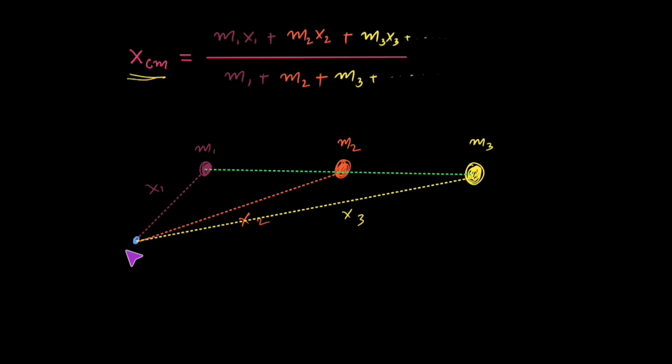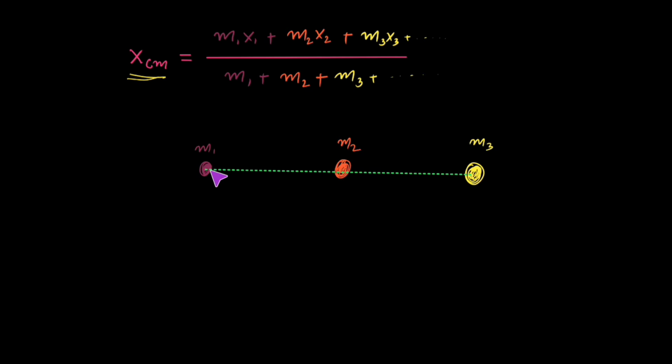So always remember, in order to find the center of mass, instead of marking this point outside the system, it would be easier if we calculate the center of mass from any one of these three masses. This would be easier for us. Now let's consider we want to calculate the center of mass from this point. From this point, the value of x1 would be 0, because x1 is the distance of object m1 from the point from where we want to calculate the center of mass. Because we are assuming this point on the object m1, x1 would become 0.